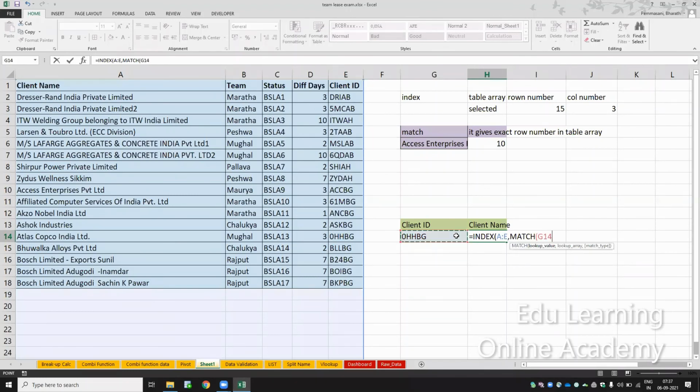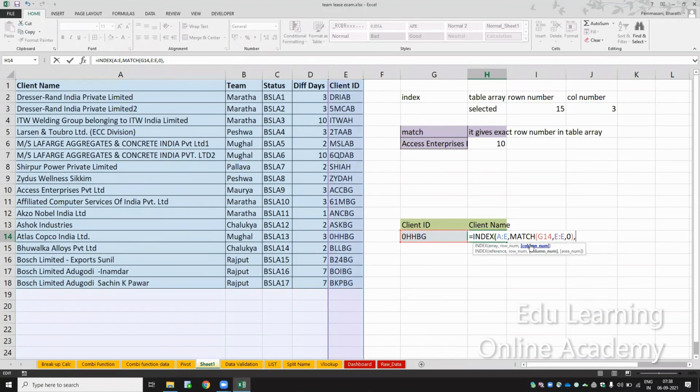I have to search this value. Where do I search? In this column. So this is the lookup value, and this is the array I've selected. Comma 0. Now this will give the row number. For the row number, I have used the MATCH function.